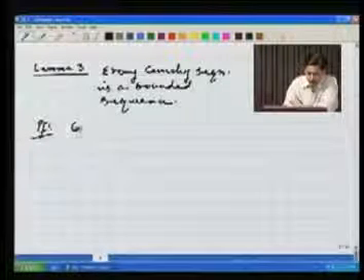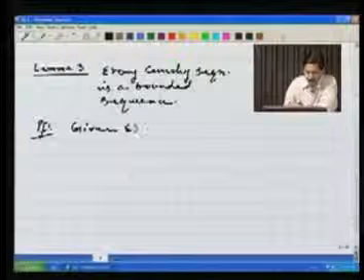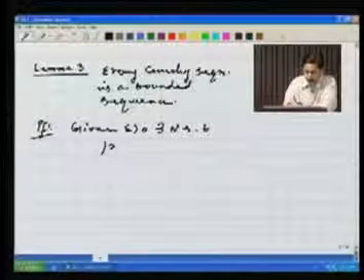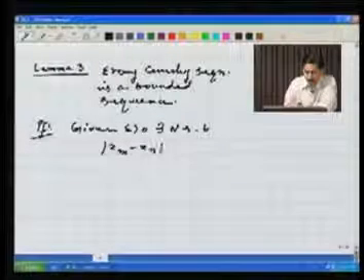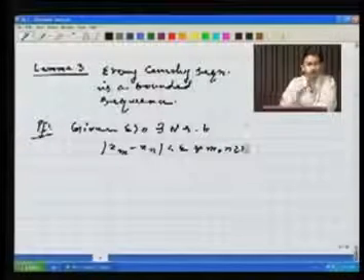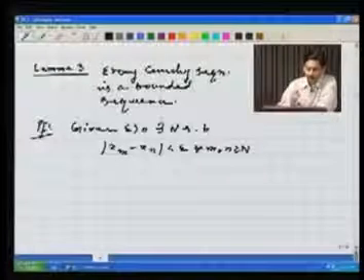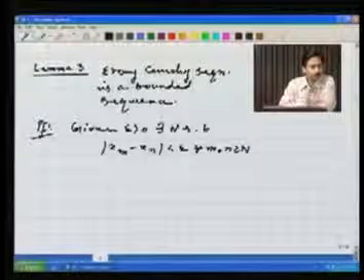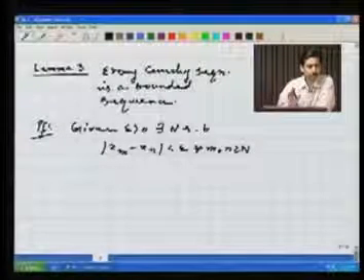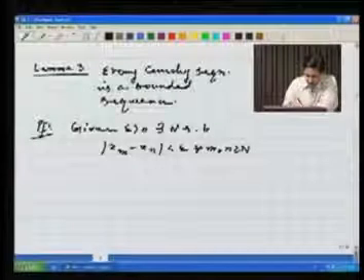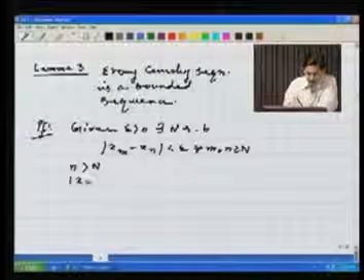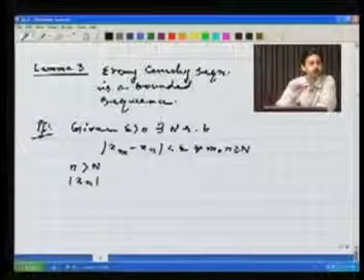Since xn is Cauchy, given epsilon bigger than 0, there exists capital N such that modulus of xm minus xn is less than epsilon for all m, n bigger than or equal to capital N. Now, if I have to prove that the whole sequence is bounded, that means at least after a certain stage the sequence has to be bounded anyway. Let's try to see whether that is true. I take some n which is bigger than capital N. I have to prove that modulus of xn is less than or equal to some constant for all n.